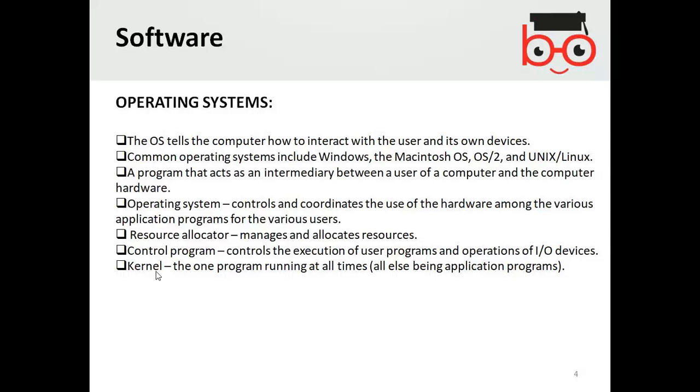Why is it important to understand these? Because if you will be specializing, or if operating systems have to be studied as a unit, then you will be taught the different components of the operating system. And obviously, if you want to create your own operating system, then you should have some basic knowledge of the basics of the operating system. Make sense? Okay.